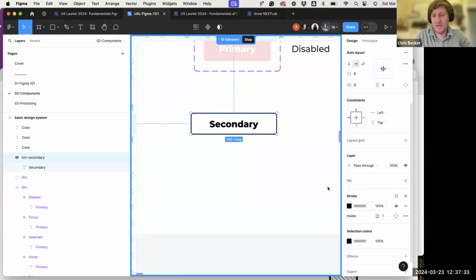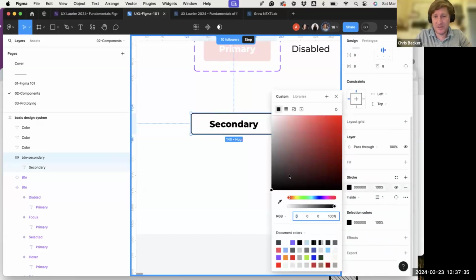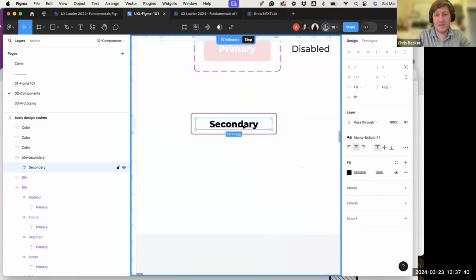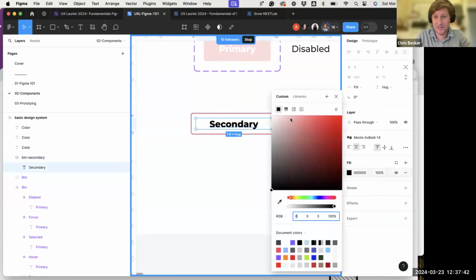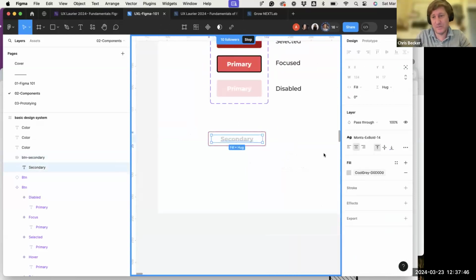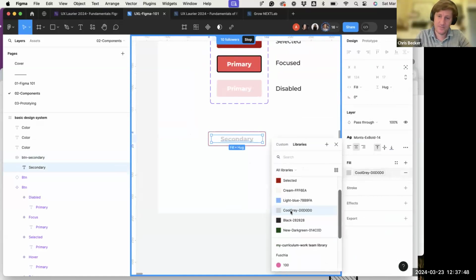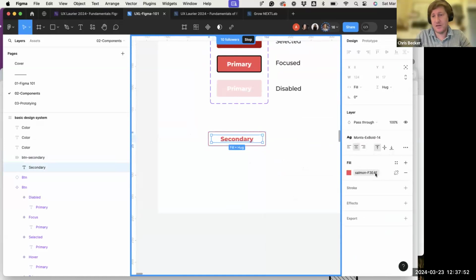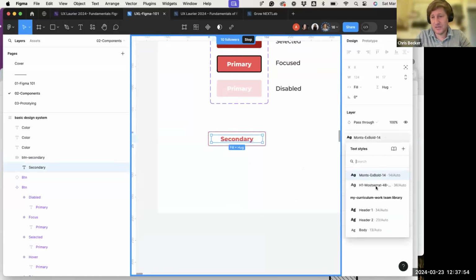So I'm just going to make this have a salmon. Go to my libraries. I'm going to have this be salmon, and the type is going to be this gray. So it's a gray button. I'm going to leave it black. Actually, let's make it salmon as well. But I'm going to change the type on the inside to be,